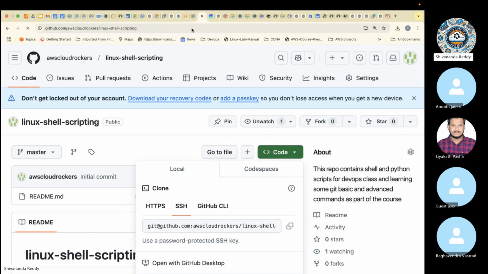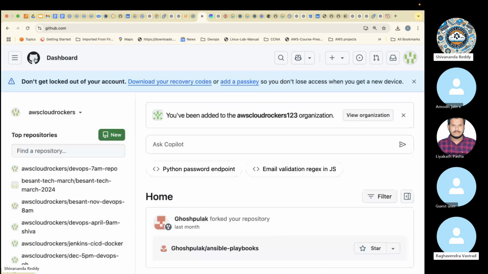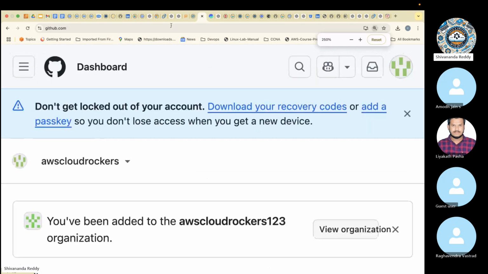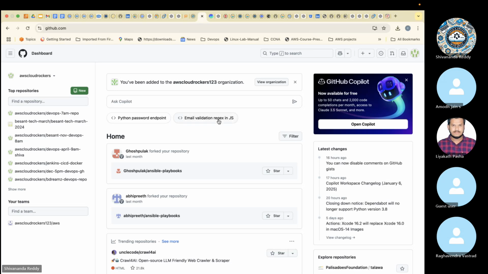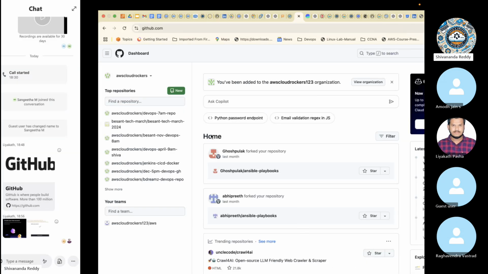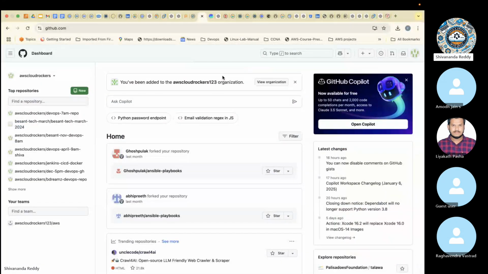So once the account is created, guys, this is your account. You'll get an account like this. But you should not have any repository. Your account should be blank. After you complete everything, once you've done that, I'm going to show how to create the repository. Using that repository,